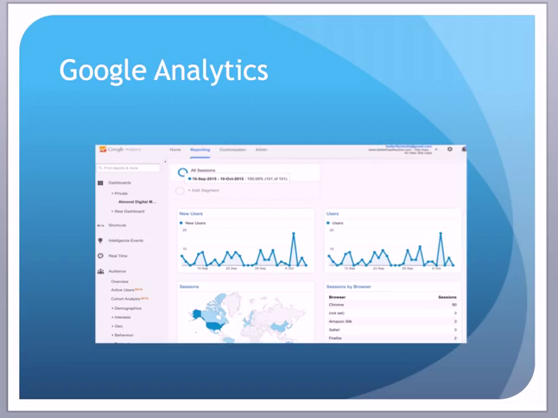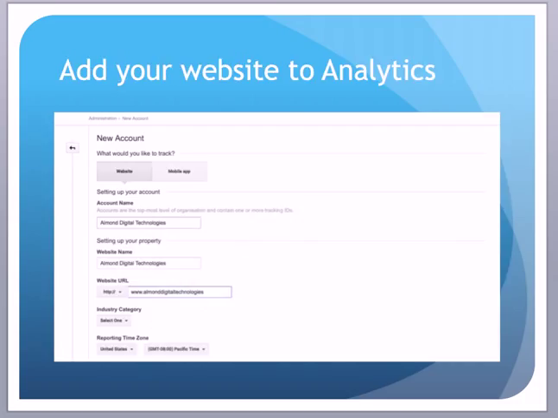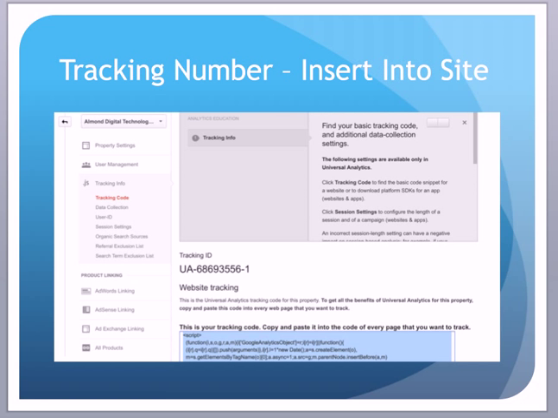So what you need to do is add your website to Google Analytics. So that's where I've added the .com there to measure the success of my Google AdWords campaign and to see where people are actually visiting and tracking that and what ads are actually succeeding for you. It's really important to review where you're spending your money and be aware of your Google AdWords budget. Okay, so that's my tracking number, and all I do is put that in HTML